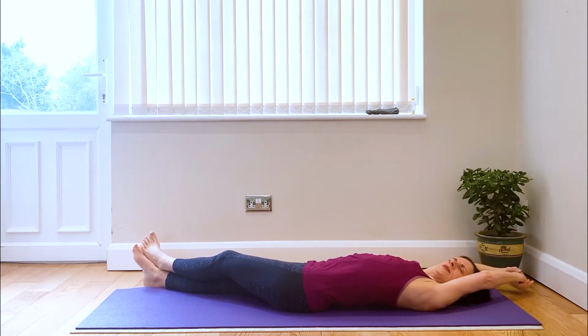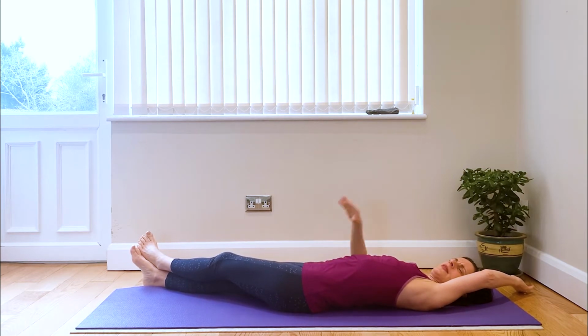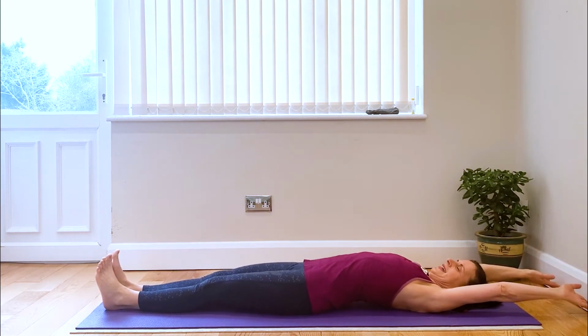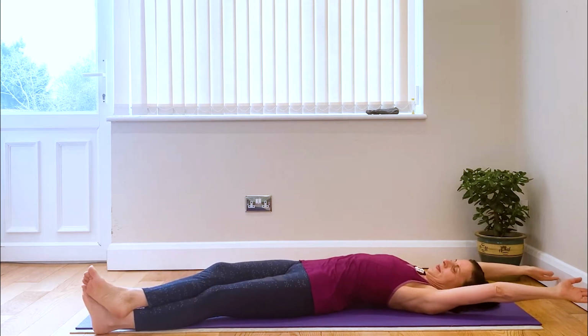Head is comfortable. And just make sure that your left hip isn't rolling up, that the hips are level. You can just release into a lovely side stretch here. A couple of deep breaths. And then come back to center, lengthen your body, and then go over to the left, right leg on top